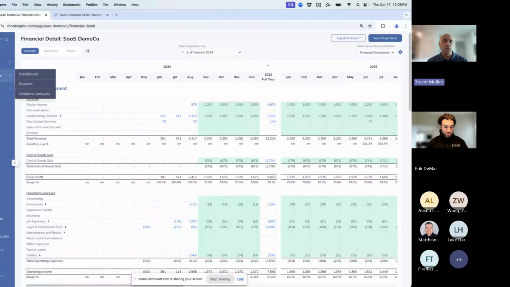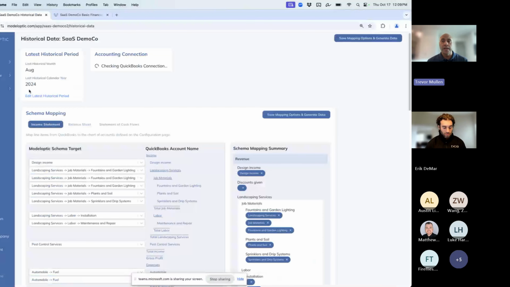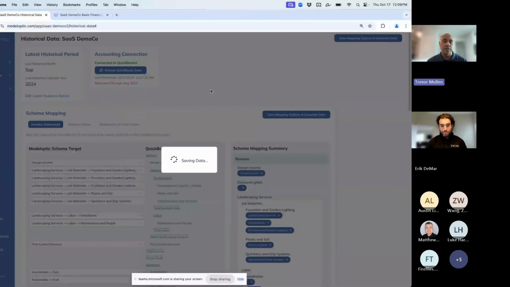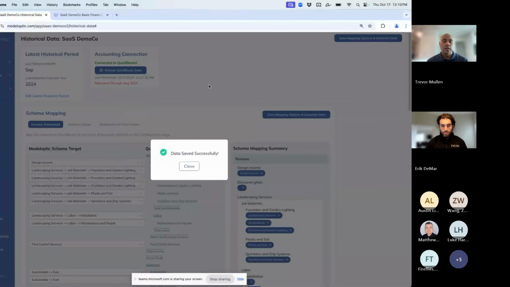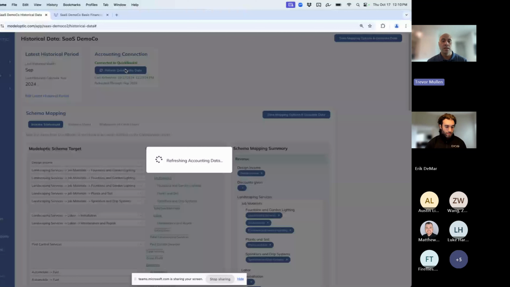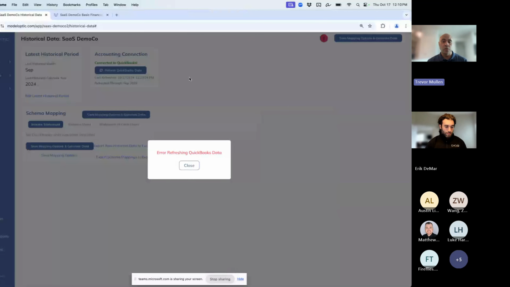First, I'm going to go to our historical data page in our model. Because it's October 7th and we've only got August actuals in the system right now, I would assume the September books are closed. So I'll come here first. I'll set this option to September, and I'll save that, telling the system we want to pull through September. Next, I'll click the refresh button. This model is connected to QuickBooks, and you'll see that in just a few,